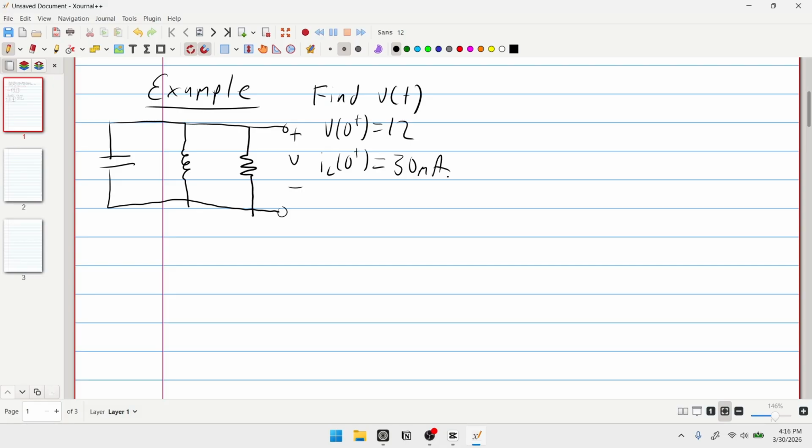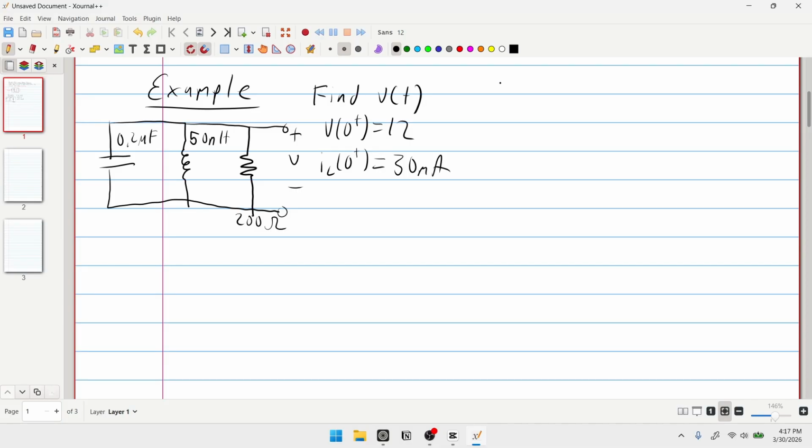So let's start with finding the parameters of this circuit. Oh, sorry, let me write down the values. So we have 0.2 microfarads, 50 millihenries, and then this resistor will be 200 ohms. Okay,